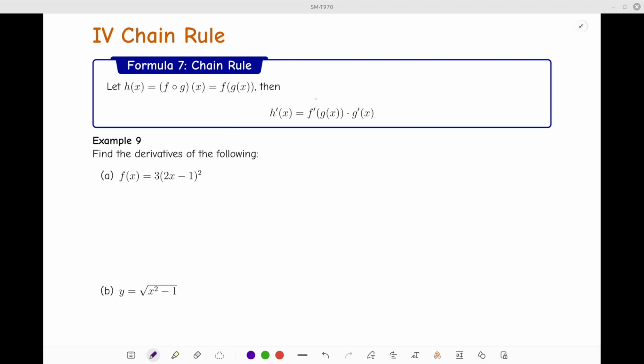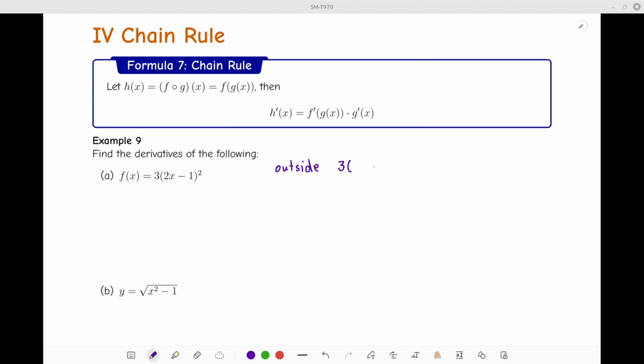So in other words, it's the derivative of the outside, do not change the inside, times the derivative of the inside. So for example, f of x equals (3, 2x minus 1) squared, the outside function,